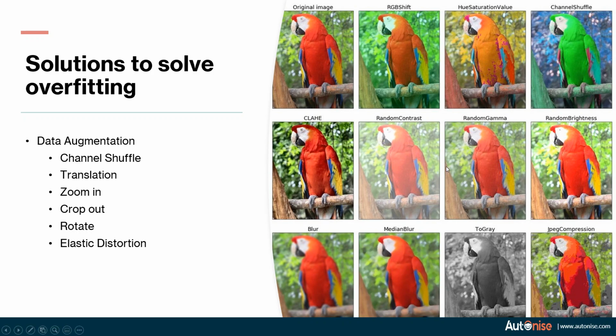Then you can change the contrast of the image, the gamma, the brightness. You can apply all kinds of filters like blur filter, median filter. You can convert it into grayscale to keep on increasing the size of your dataset. So even though the image is blurred, we can say that it's a parrot. By providing the neural network with blurred images during training, if a new image comes during testing which is blurred, the neural network will be able to classify the testing datasets as well. Hence, overfitting is reduced.